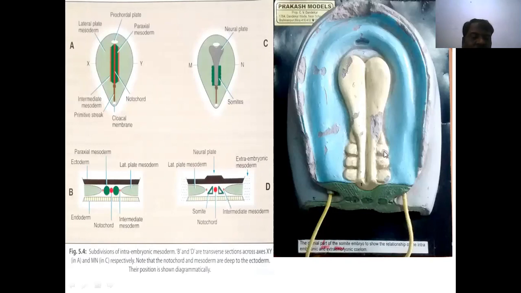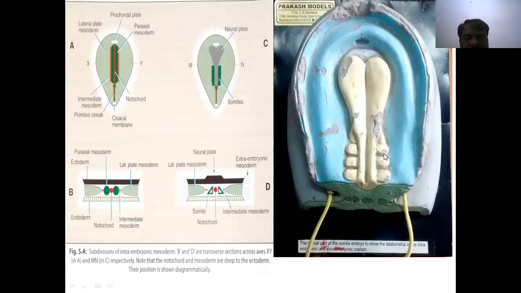So somites are 44. The sclerotomes form the vertebral column, the dermatome forms the skin, and the myotomes form the musculature, and also the occipital myotomes. The occipital myotomes form the occipital bone and muscles, and those muscles develop the tongue muscles. The pre-occipital myotomes are also developed from these 44 somites. So somites are very, very important. We expect them in the short notes.